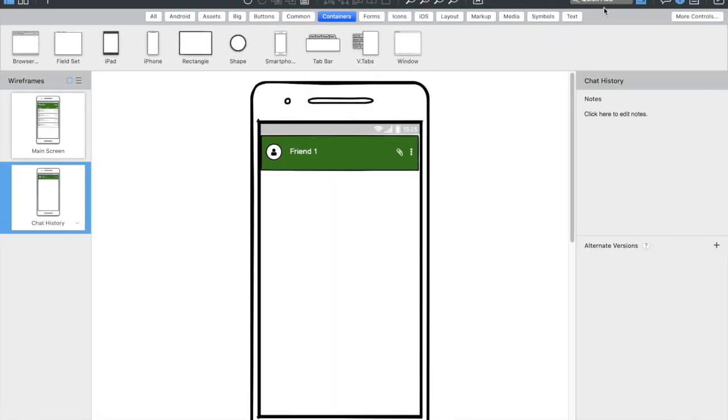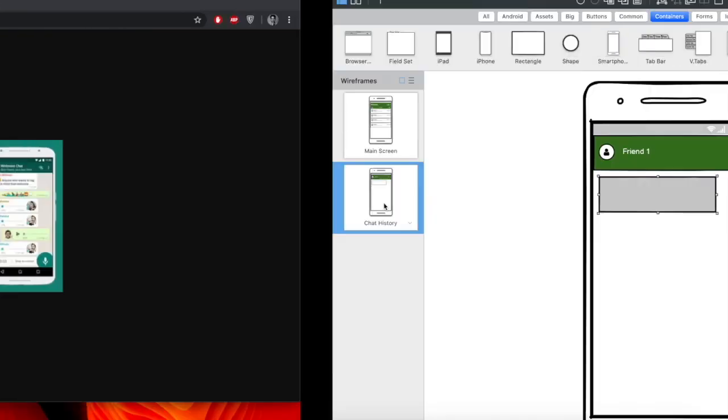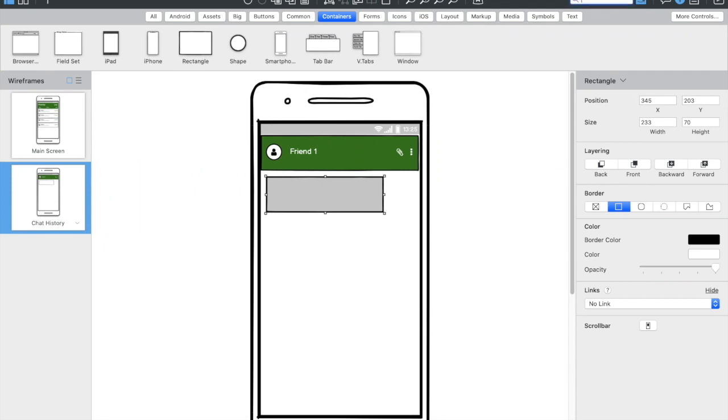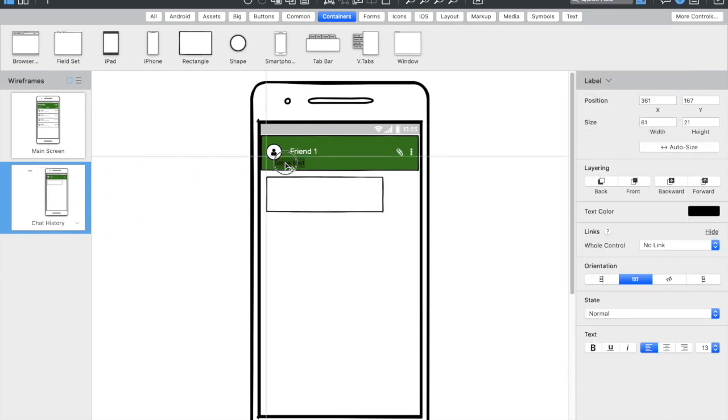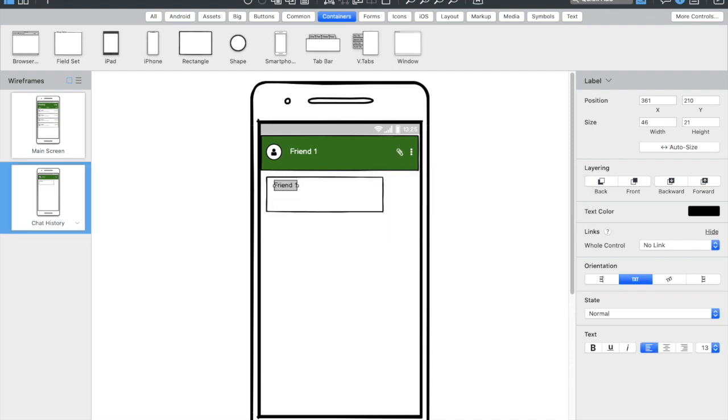So let me take a rectangle, and copy it, and like that. All right, and I'll label that friend one, and copy paste here, and